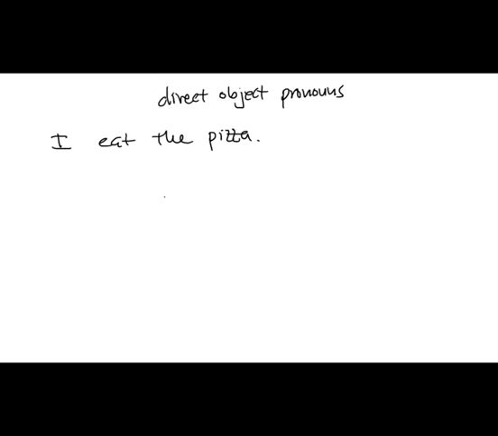If you're having a conversation with somebody about eating pizza, I eat the pizza. Why do you eat the pizza? I eat the pizza because I like the pizza. After a while, you get tired of saying the pizza. Okay? And you replace it simply with the direct object pronoun it. I eat it. The way we find a direct object in a sentence is we ask of the verb what